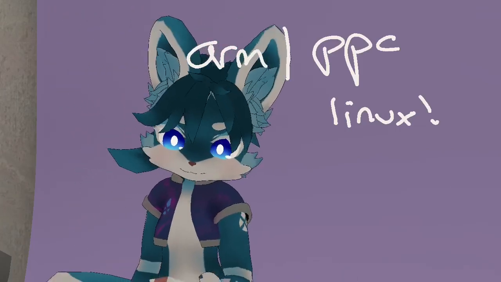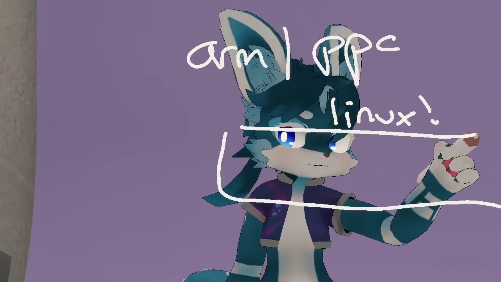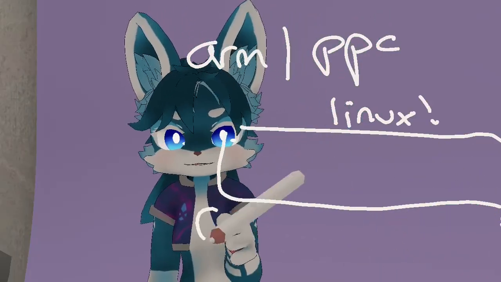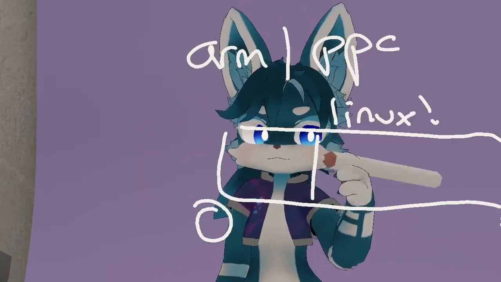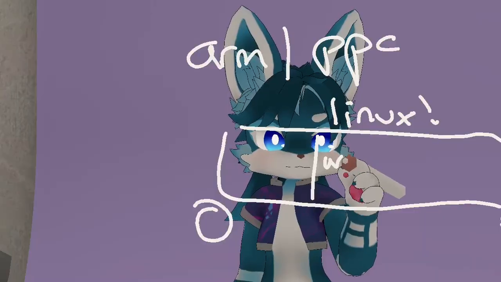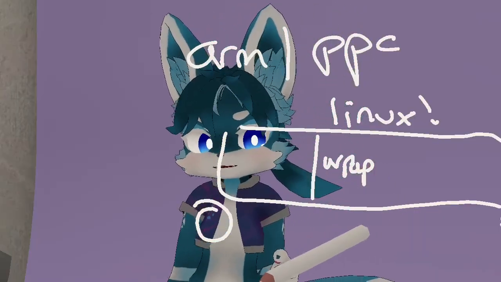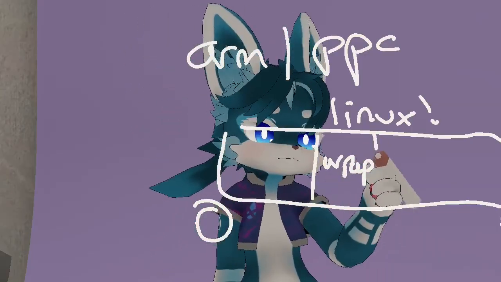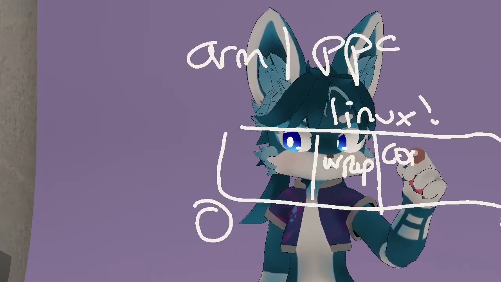So the way the boot wrapper works is fairly straightforward. This is memory. Memory address 0 is over here. So we're going to have our boot wrapper loaded in here, and this is a tiny piece of code, maybe 100 kilobytes, a tiny little piece of code. And its job is to take a kernel, probably a compressed kernel,